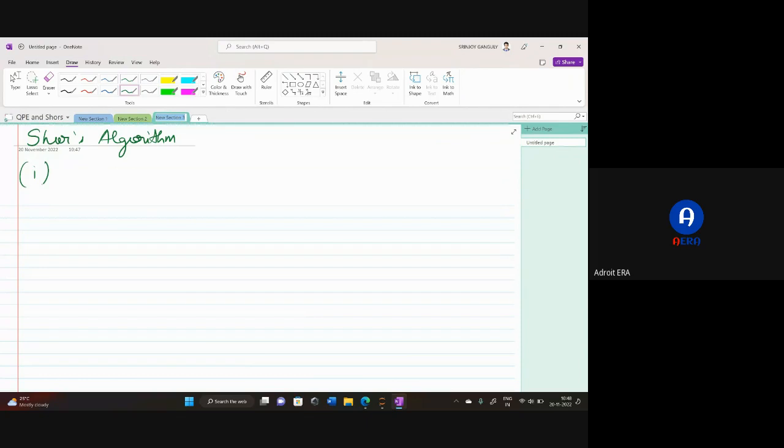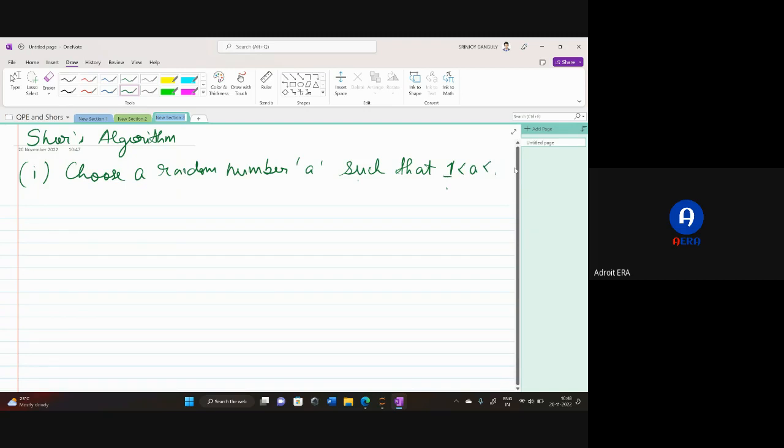First step is choose a random number A such that 1 < A < M. Okay, M is some number that we want to factor. Capital M is the number we are going to factor. Then